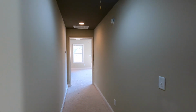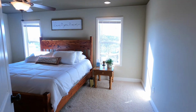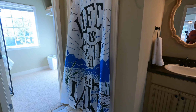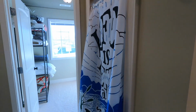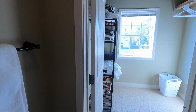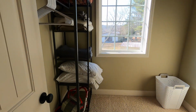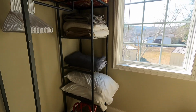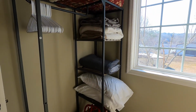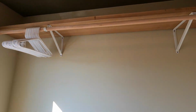Got a hallway goes to the master living room. Thermostat's there on the wall. Master bedroom, master bath. Walk-in shower. Master closet will be available, or it is open for the guests to use. Got extra sheets, blankets, throws, pillows. Got hangers here. Got a shelf with a curtain rod